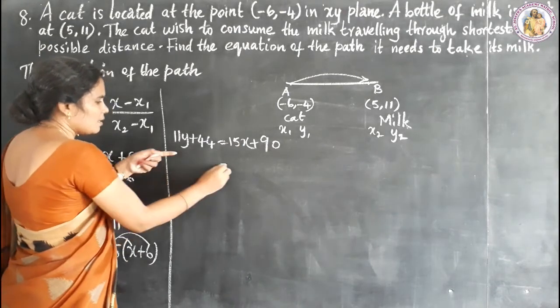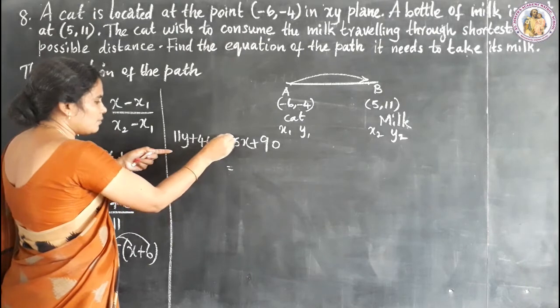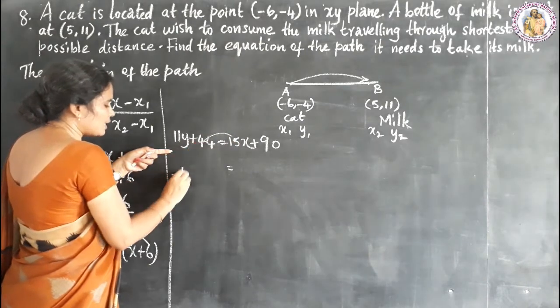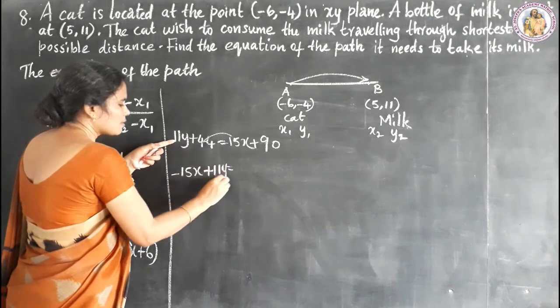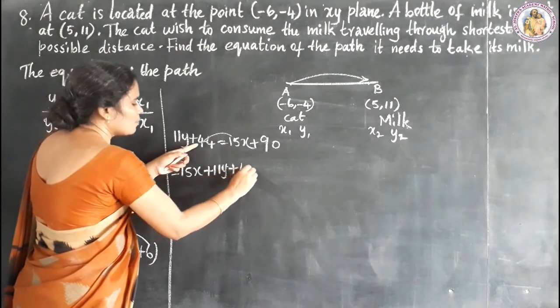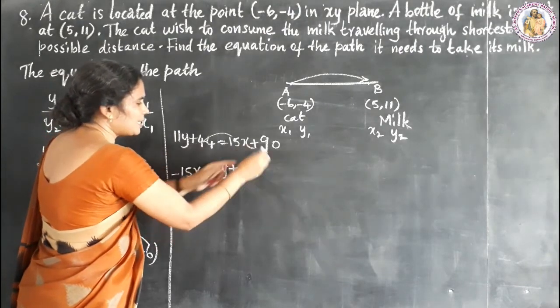Next step, take plus 15x, when it comes here it becomes minus 15x, plus 11y, plus 44, plus 90 moving across,